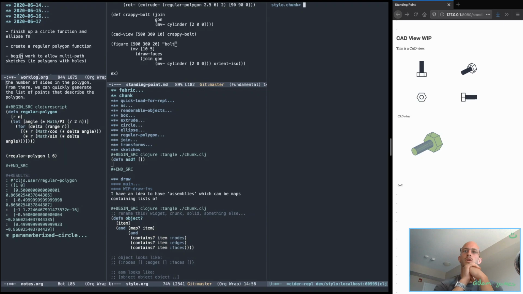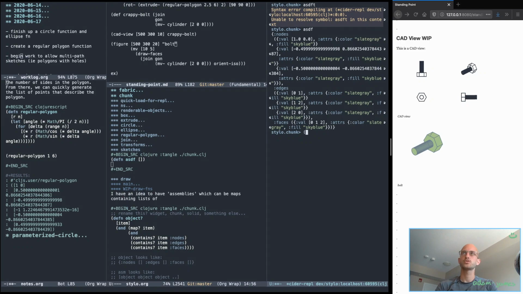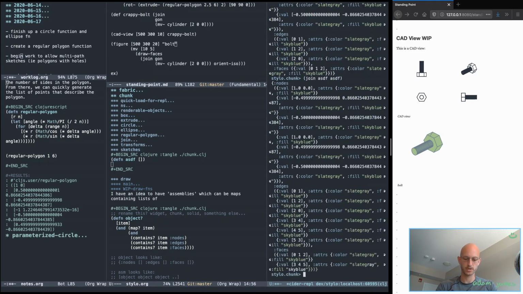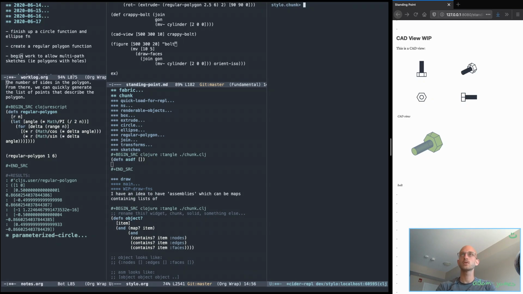So I should be able to. Okay, if ASDF is just a 2D thing, does join work on 2D things, or did I break something? No, that should work. Okay, so I'm gonna define ASDF